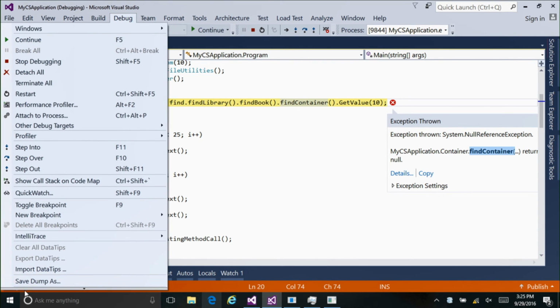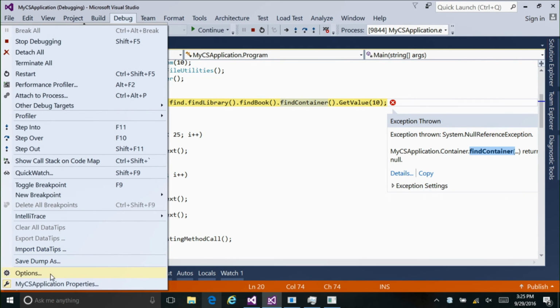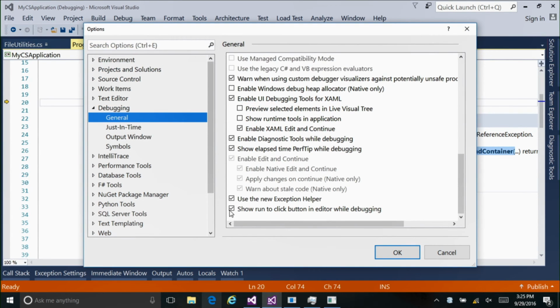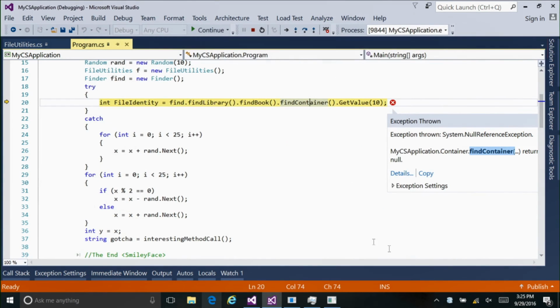Right now, you have to opt into this. So go to debug options, and all the way down at the bottom, there's a checkbox that says show run to click button in editor while debugging. Once you click that option, again, this is coming soon, but you'll still have to click that option. As I'm hovering over my code, look to the very left of each line, and I'll zoom in, do the little Windows plus,